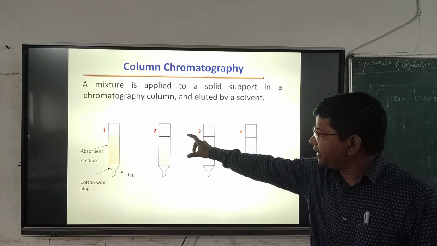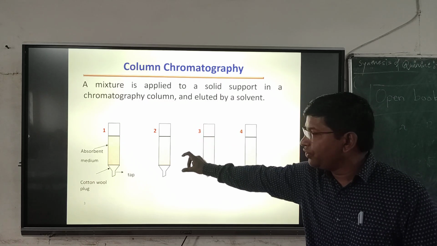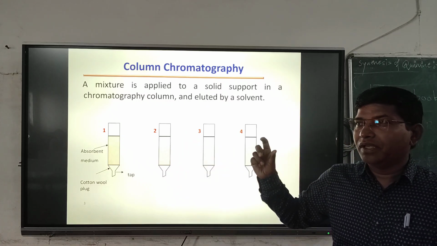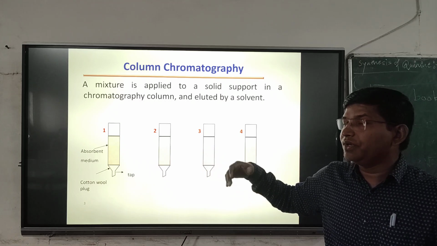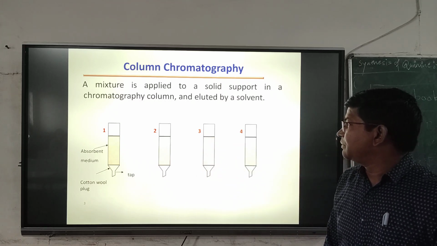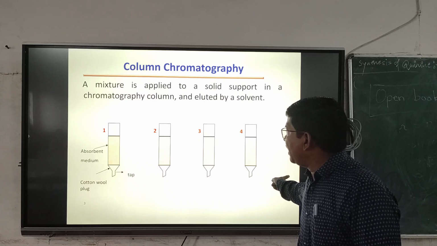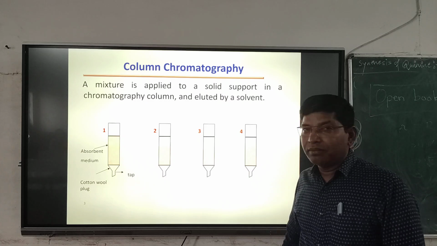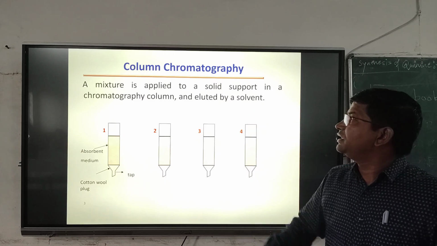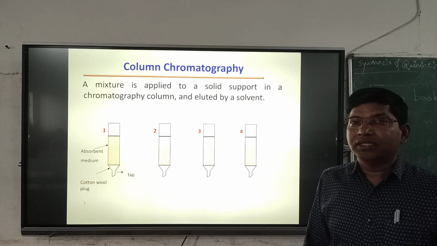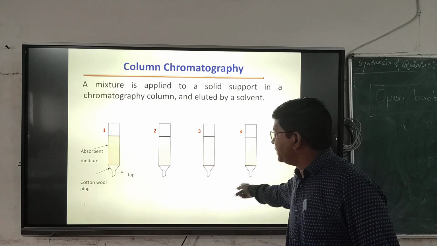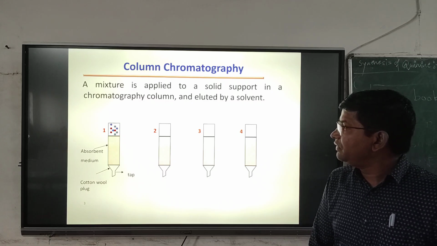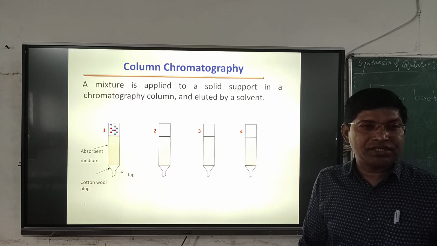Then your pure compound and impurities will elute one by one, and you will take your pure synthesized compound or the impurity present, followed by the separation. So we will see how the compound mixture gets separated in a column chromatography, and what the difference is between a column chromatography and the column present in an HPLC. First, in column chromatography, we will put our compound mixture, and the compound mixture may contain